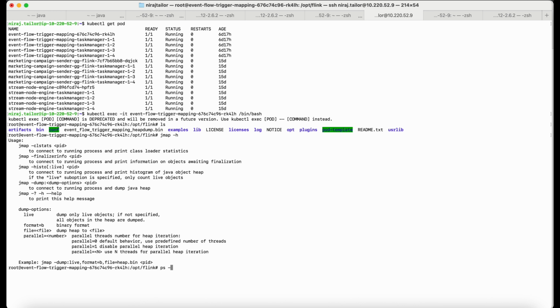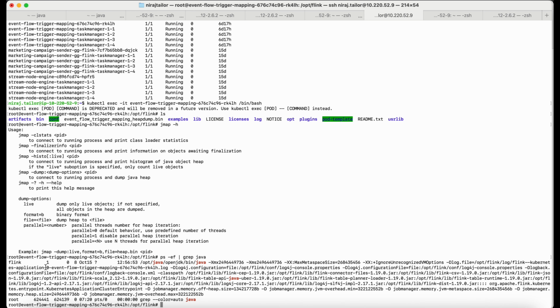ps -ef, this is the command, but now we want only the java process. Okay, so we can grep java and see. So this is the java process and the process id is 1 here. Okay, so now again we will run the command to get the heap dump, which is jmap